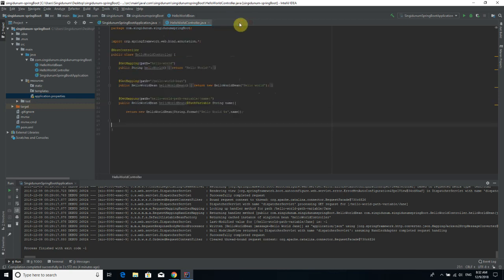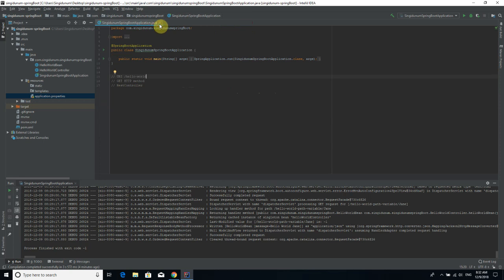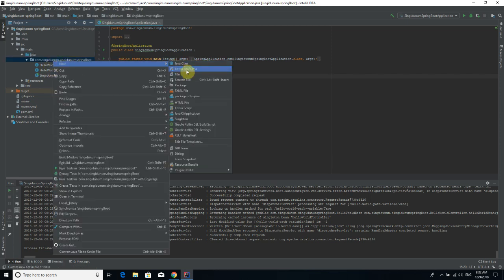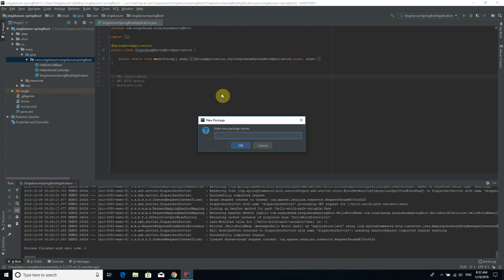I'm going to close all of these files except this one. So here for this purpose I'm going to create a package, and in this package I'm going to put all the files like user class, user data access layer, user controller, because I want to separate this user from this code here. I'm going to create a new package to call like users,